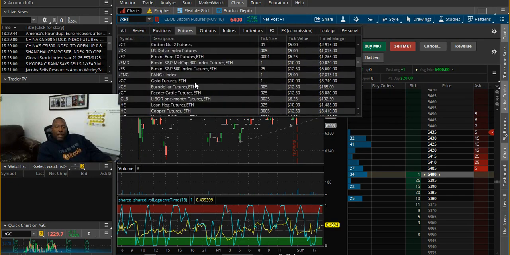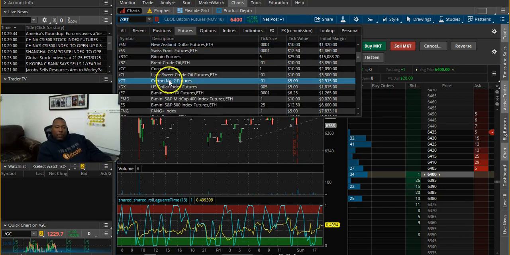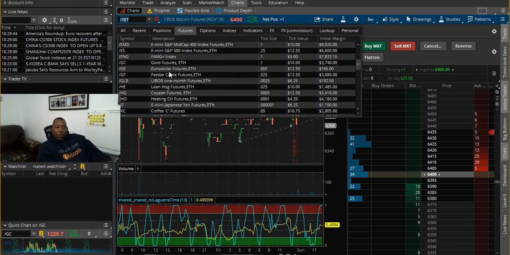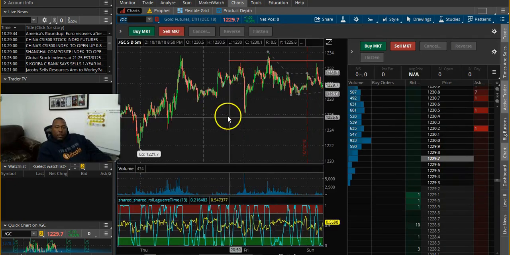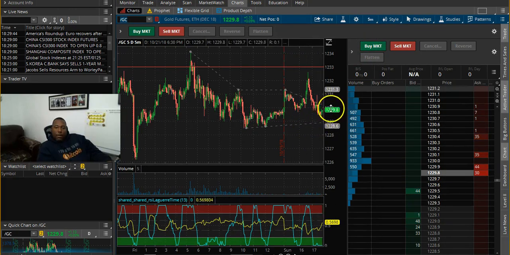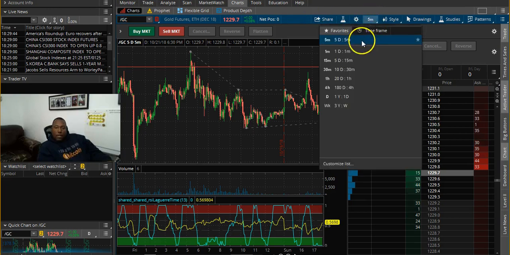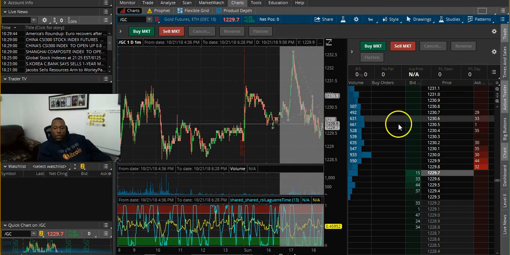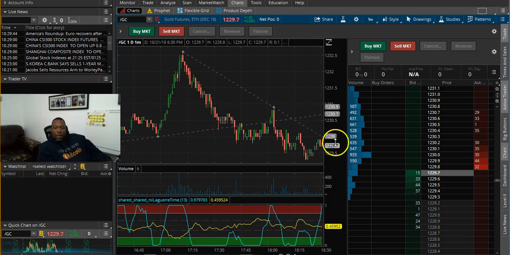Right now, the Bitcoin future doesn't have any volume. So if I was to do, let's say gold, which is GC, you see right here it says one tick size gives you $10. You need 3,700. So I go here to this chart and I always look at it. Right now, it's looking a little bit weak. This is a resistance, 1230, but I'm still gonna go long just for this purpose. Normally I would short until it breaks out, and actually I should have shorted, but for this demo, I just